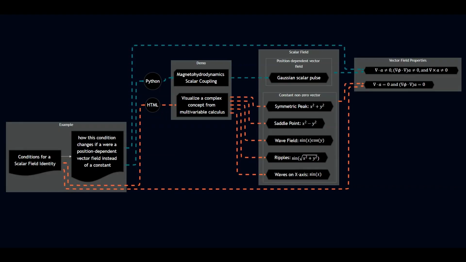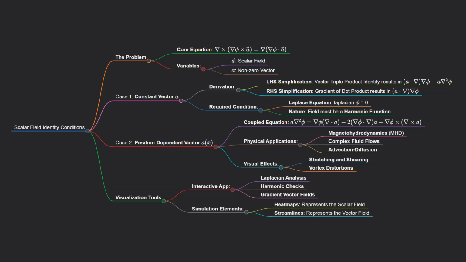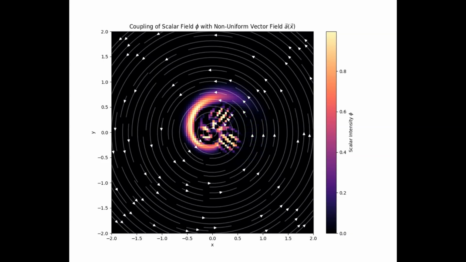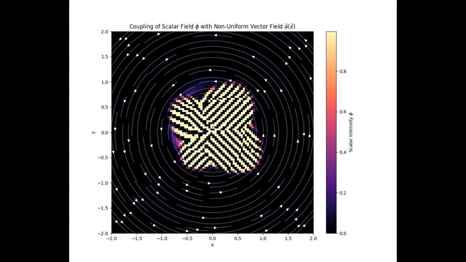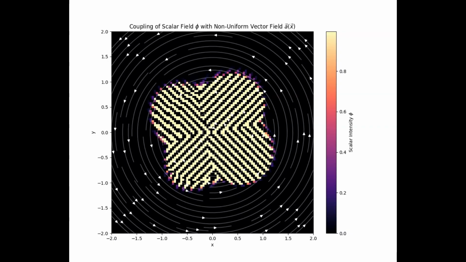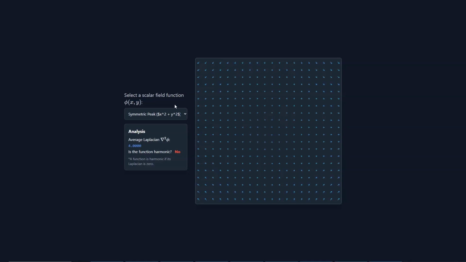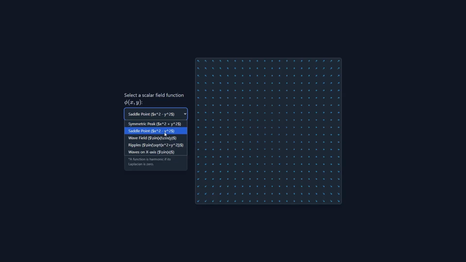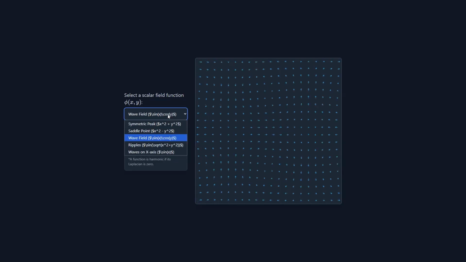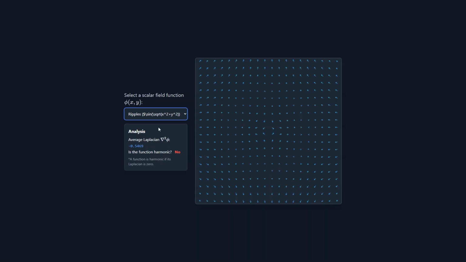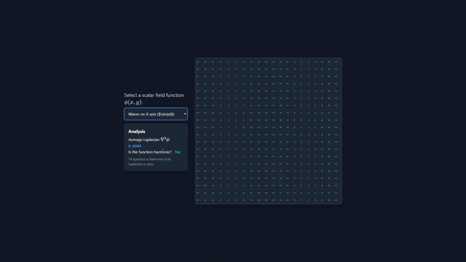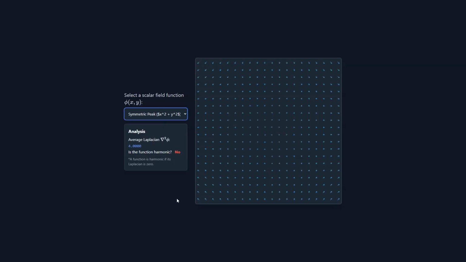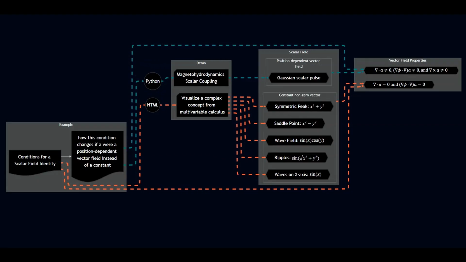The situation becomes far more complex when the force is no longer steady but instead varies depending on where you are, a position-dependent field. Imagine that instead of a steady wind, you now have a swirling whirlpool. When the vector field changes across space, the quiet terms in the mathematical relationship suddenly roar back to life. The landscape is no longer required to be simply harmonic. Instead, the shape of the landscape becomes deeply coupled to the movement of the force field. The way the landscape curves and slopes must now perfectly compensate for the way the force swirls, stretches, or compresses at every single point. This relationship is not just theoretical.